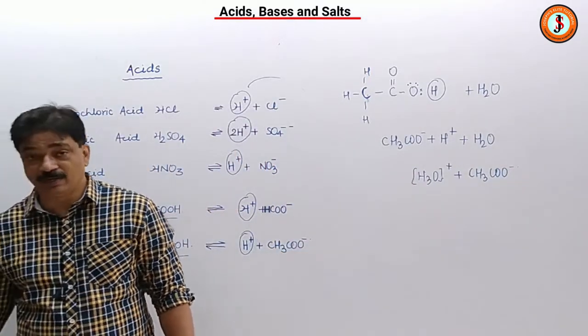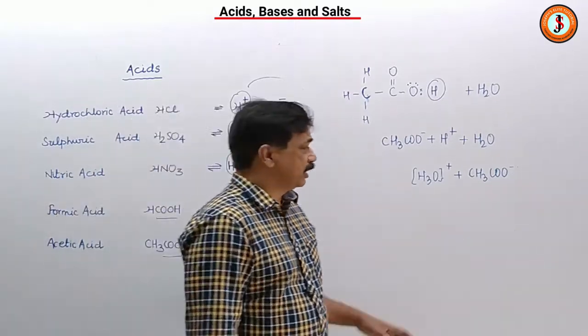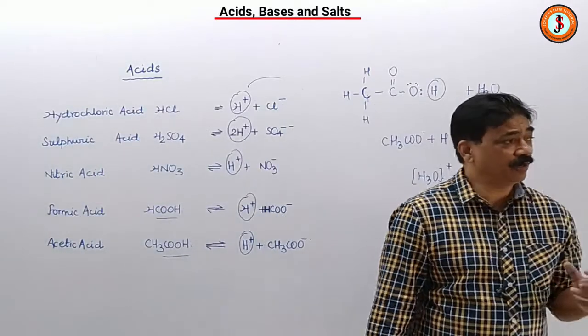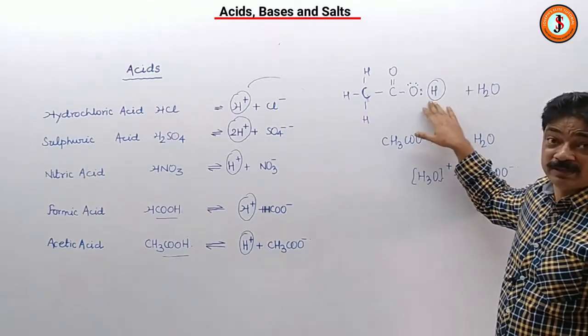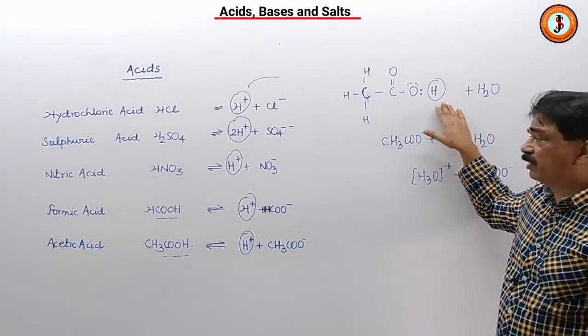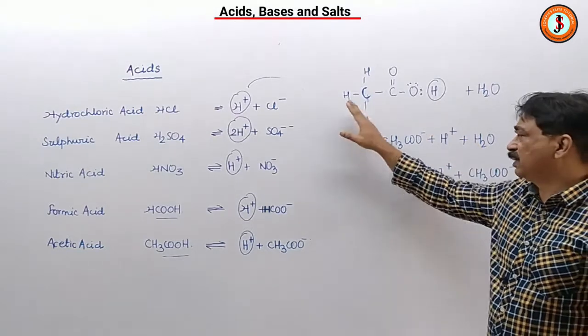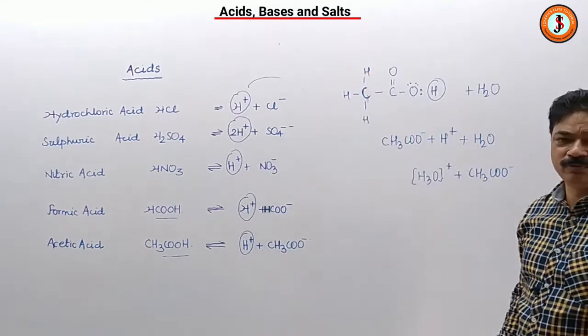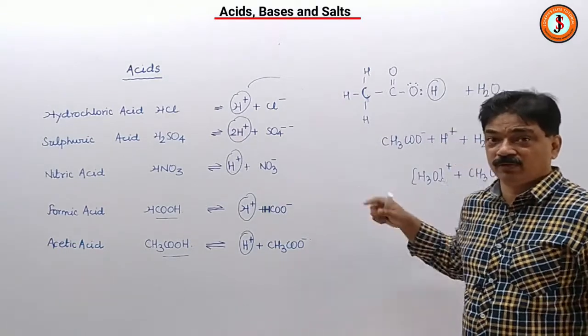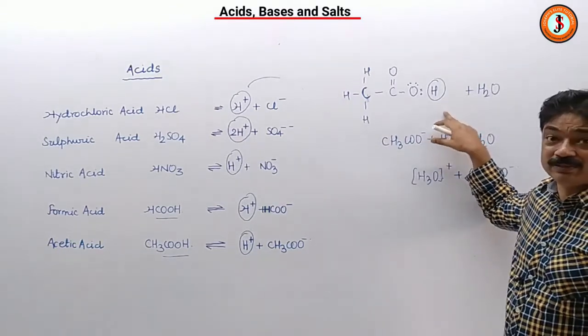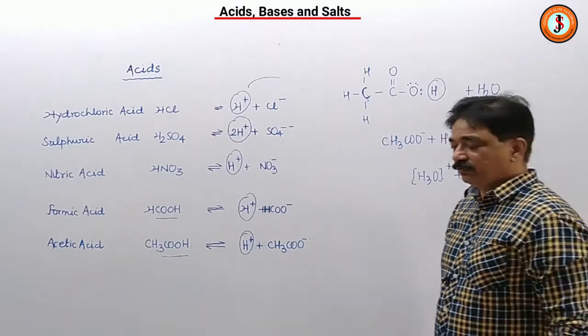So these are very, very important aspects of understanding the reaction mechanism of an acid and why they furnish the hydrogen ion. Here the hydrogen atom is polar covalent in nature. This is the acidic hydrogen, in these polar molecules. These other H do not have anything to do with the acidic property of the whole molecule. This is the acidic hydrogen, the replaceable hydrogen.